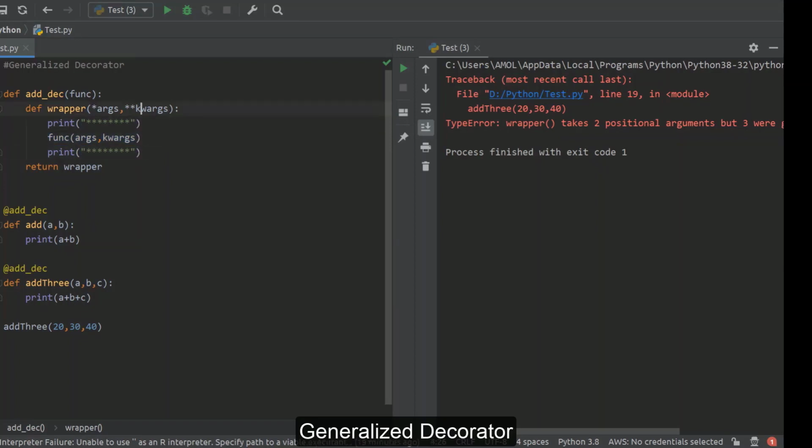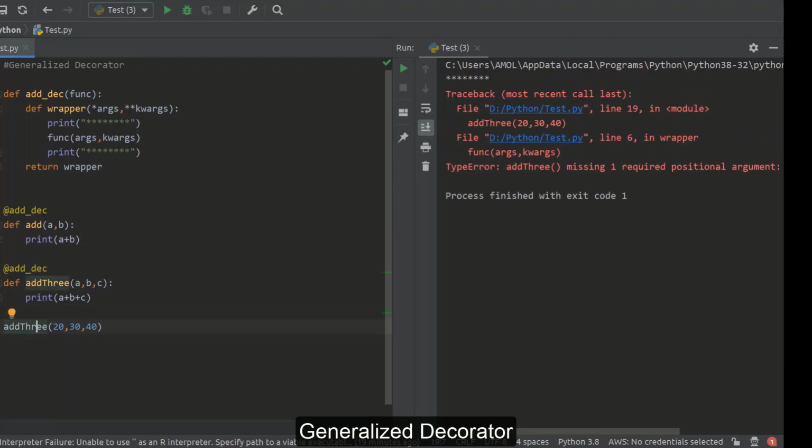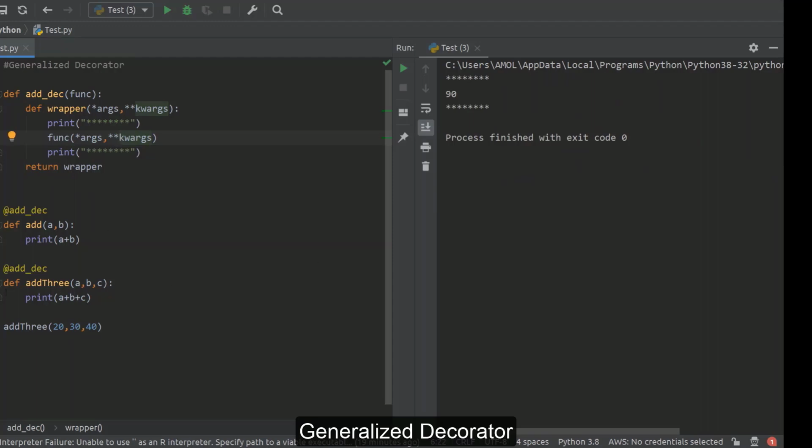So now we can apply this decorator for a function which takes any number of arguments, meaning we can go with two arguments also, we can go with three arguments also. Now it is working with this add3 function because here we are having any number of arguments, args and kwargs. It's not mandatory to use the names args and kwargs, you can use any name.